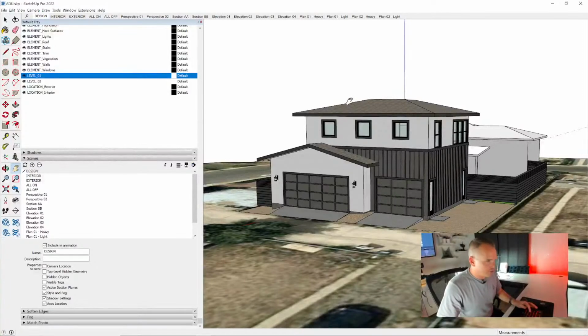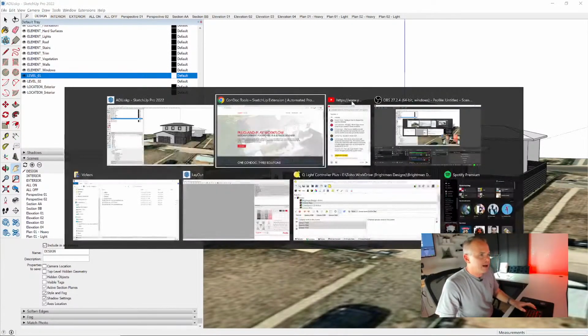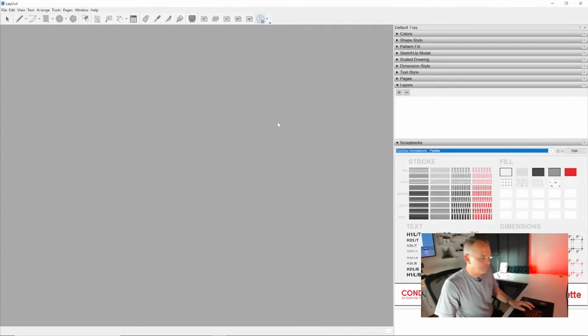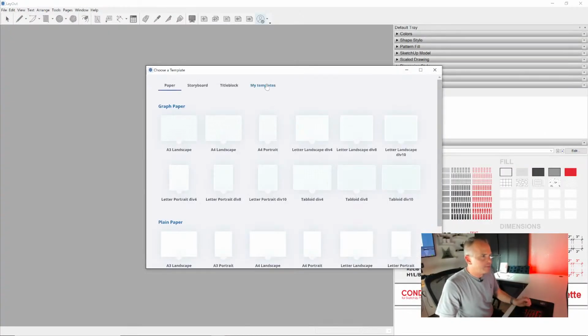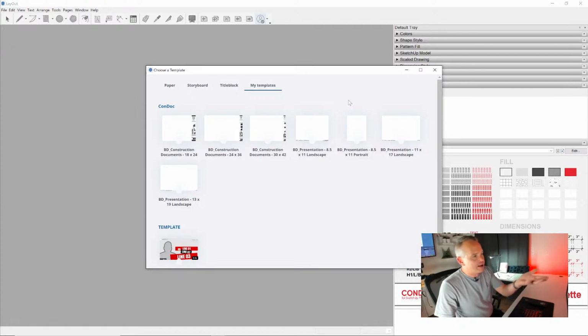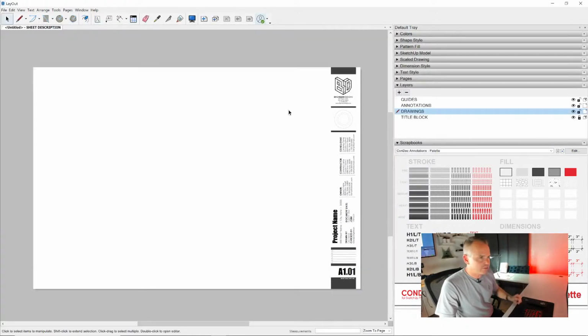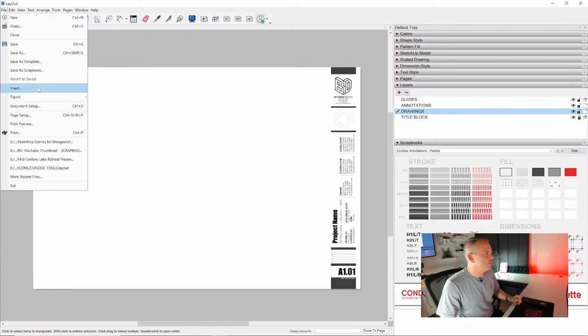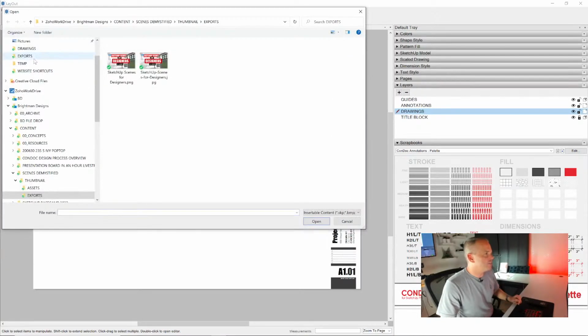All right, of course, first things first, I always want to save this model. Then I'm going to hop into Layout. I'm going to start a new document under my templates. I do have some preloaded construction documents, 24 by 36. That looks good. Now to insert these into Layout, I'm going to go to File, Insert, and I'll go to